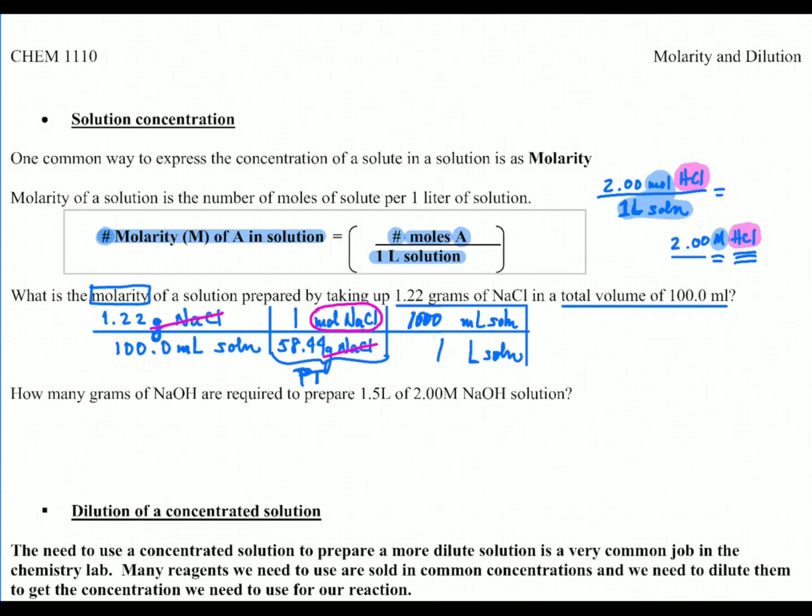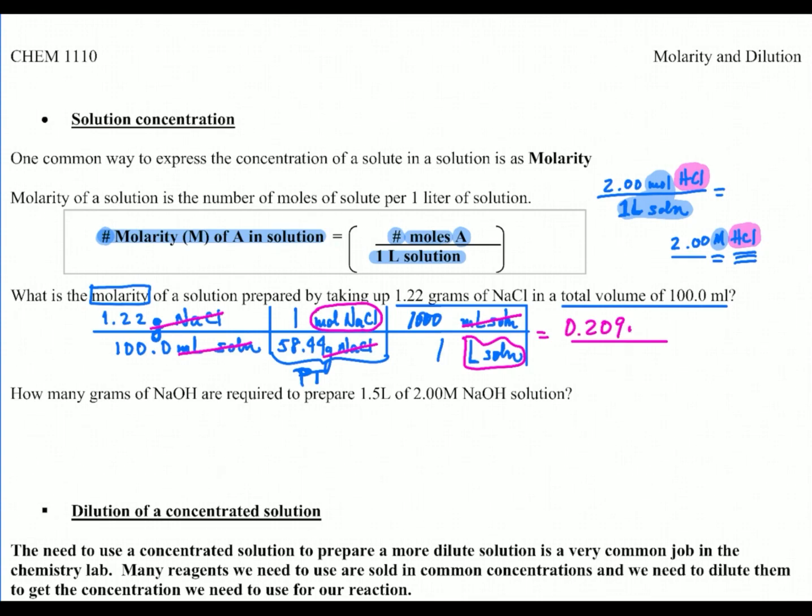In doing that step, milliliters of solution will cancel, and I'll be left with liters of solution on the bottom. So when I do this math, I'm going to do the 1.22 times 1 times 1,000, get that answer, divide that by, I'm going to open parentheses if I'm using my calculator correctly, and do 100 times 58.44, close parentheses, hit enter again, and I'm going to get a value of 0.209,